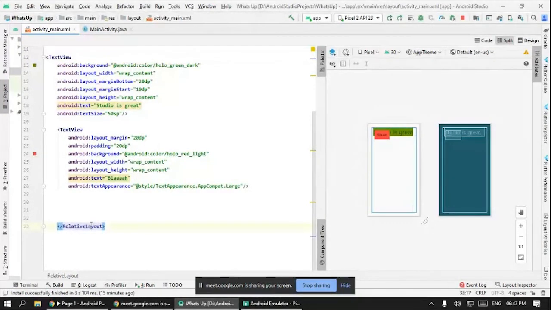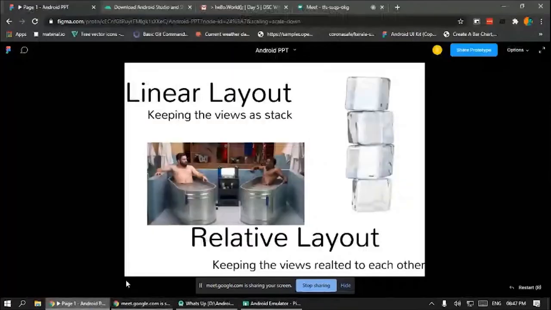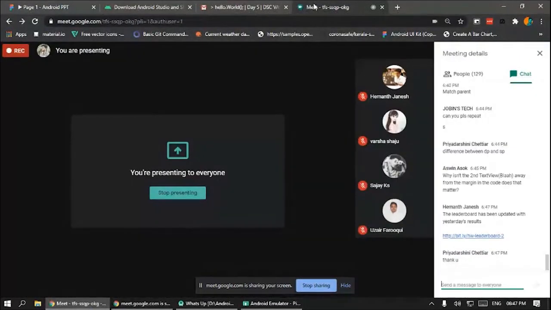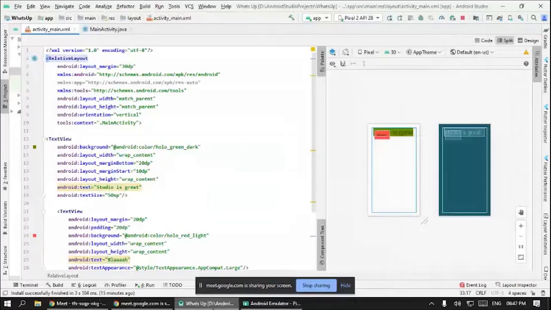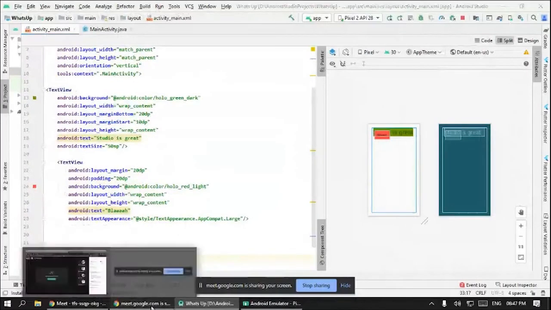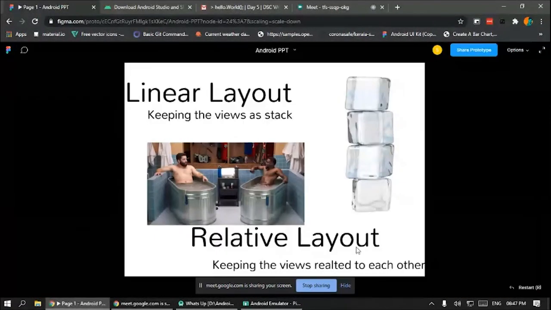Oh, Studio did change that too for me. I'm blessed, I guess. As you can see, one view is on top of another view. If we want this kind of customization, we need to use this relative layout. As I said, these two guys represent relative layout here.